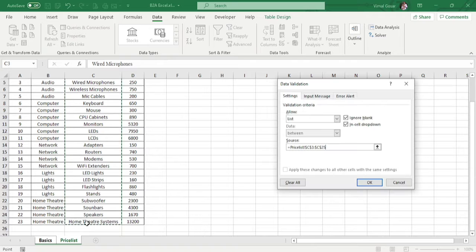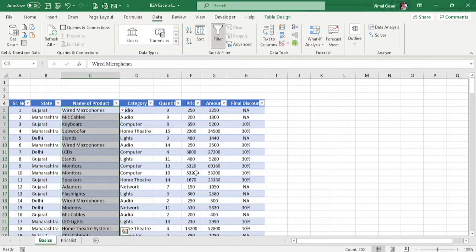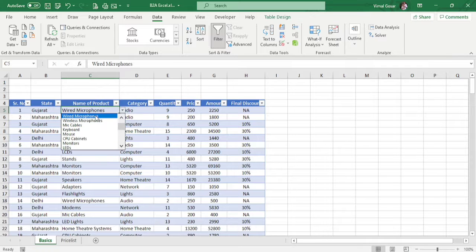So click enter, and once you click OK over here, we will have a lot of names of the products that we can actually select. This helps in avoiding the kind of errors that we may have. So let us say if I wanted to select mics and stands and accessories, it will change the data accordingly. If I want keyboards, it will change to keyboard and all the values will be entered instantly. So in such a way we can change the data instantly.